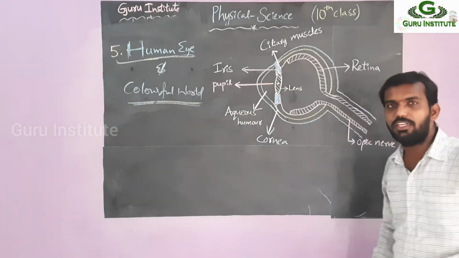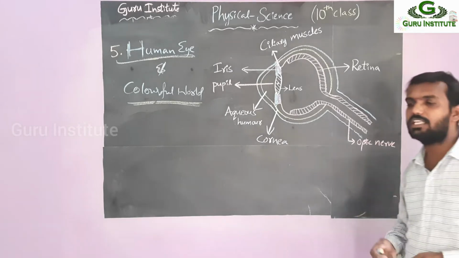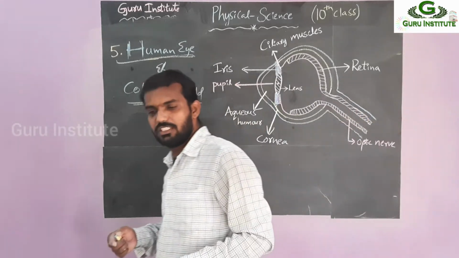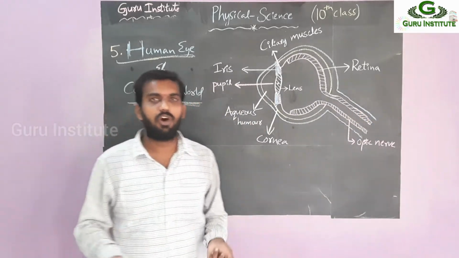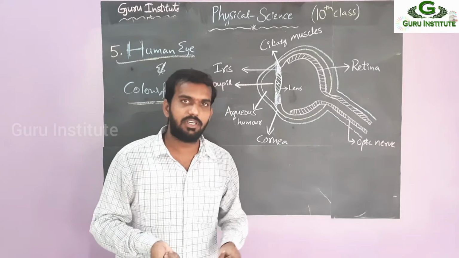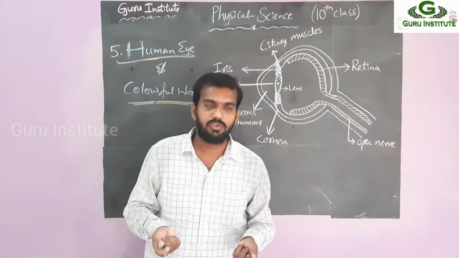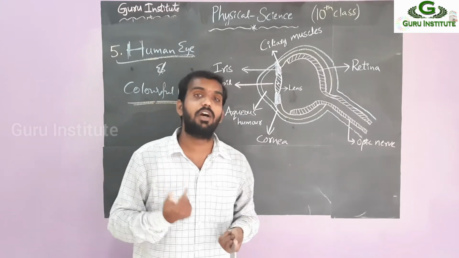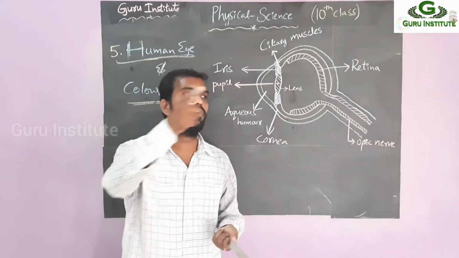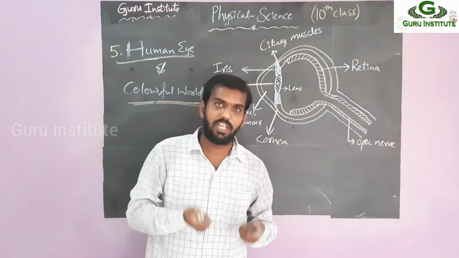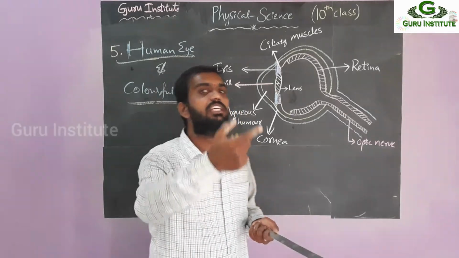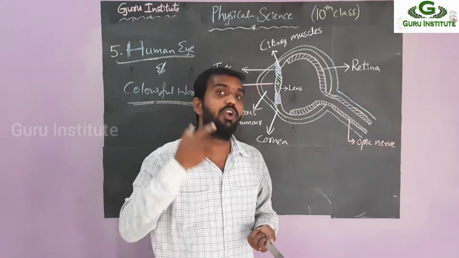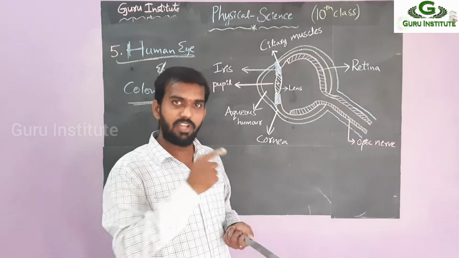But according to how we see the image, whenever we see an object, light rays will fall on that object. In a dark room we can't see any object, right? In a bright room, whenever light is focused on it, then only we can see the object. The rays fall on the object, and after reflection, the image of the object enters our eye. Then in our eye, what will happen? Will reflection happen or refraction happen? We have to see.